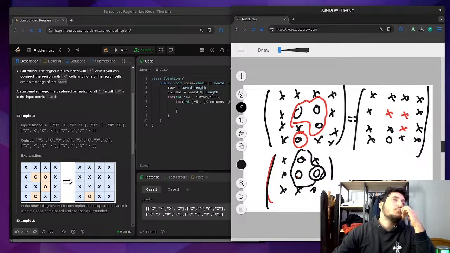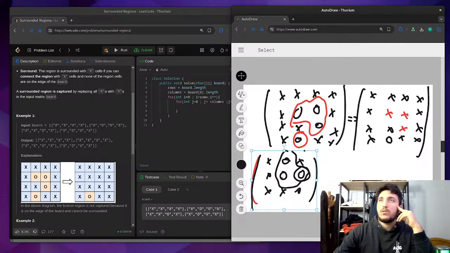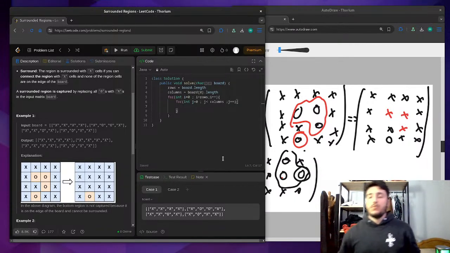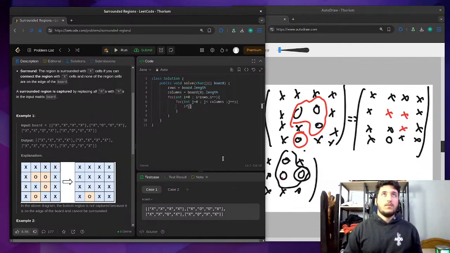I think we have to do another approach. We have to be quick. Let's try the first approach. So if board of i and j equals O